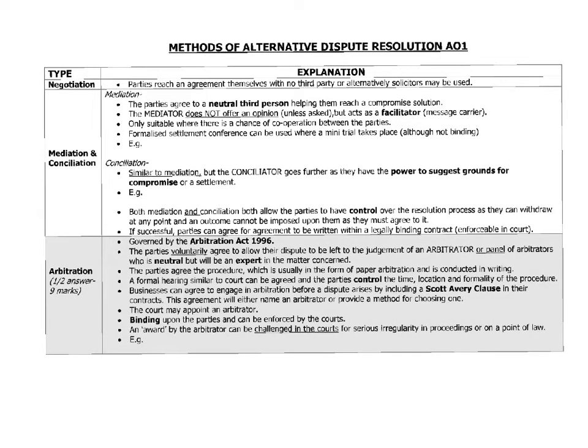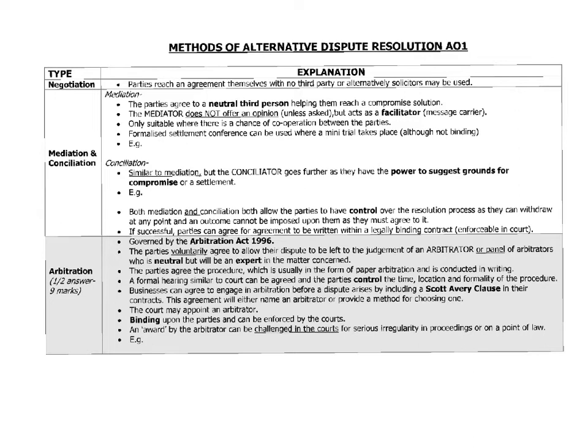Right, so here we're looking at methods of alternative dispute resolution. So if you have a civil problem, so you want to sue somebody, for example, these are options instead of going to court. So we've already looked at the problems that the court process is very, very expensive. It's very, very time consuming. These are alternative ways of dealing with your dispute, but without having to go through the court system, which is